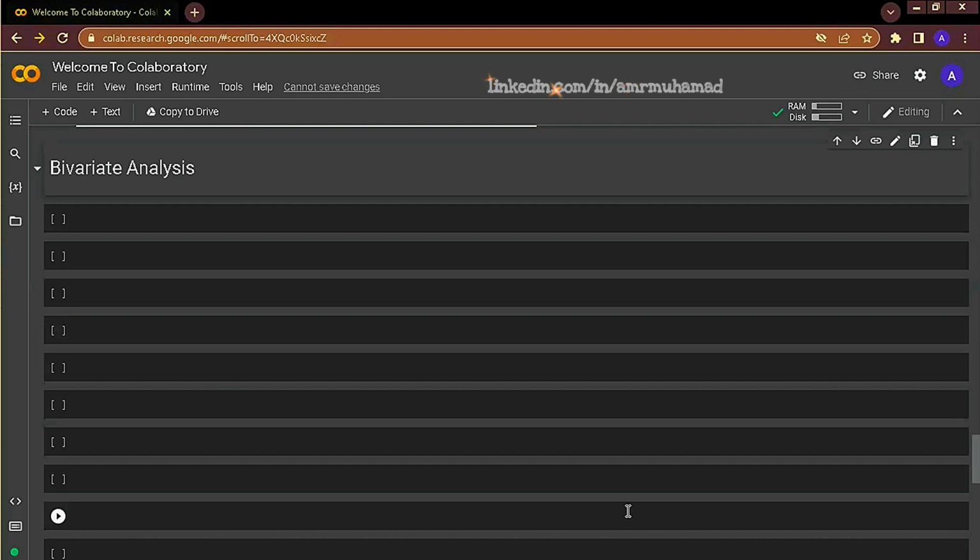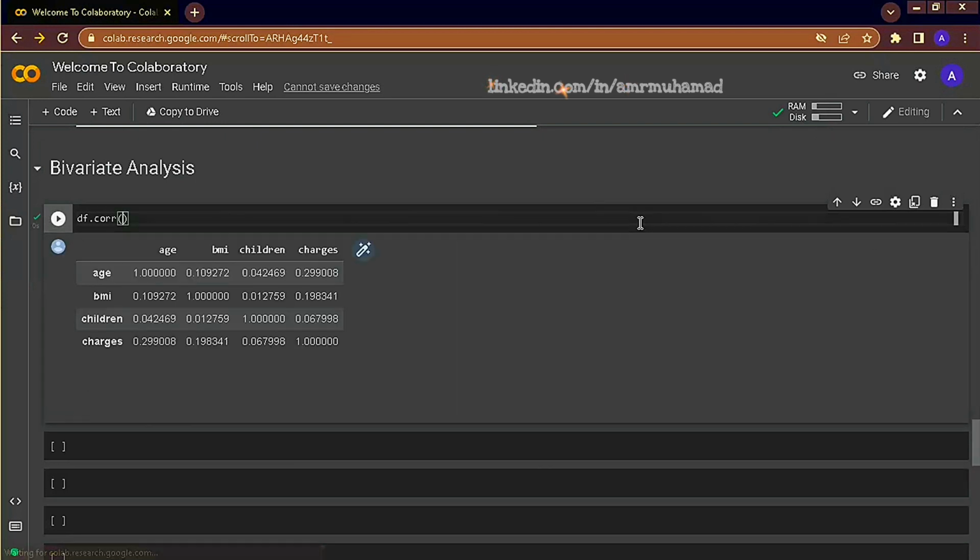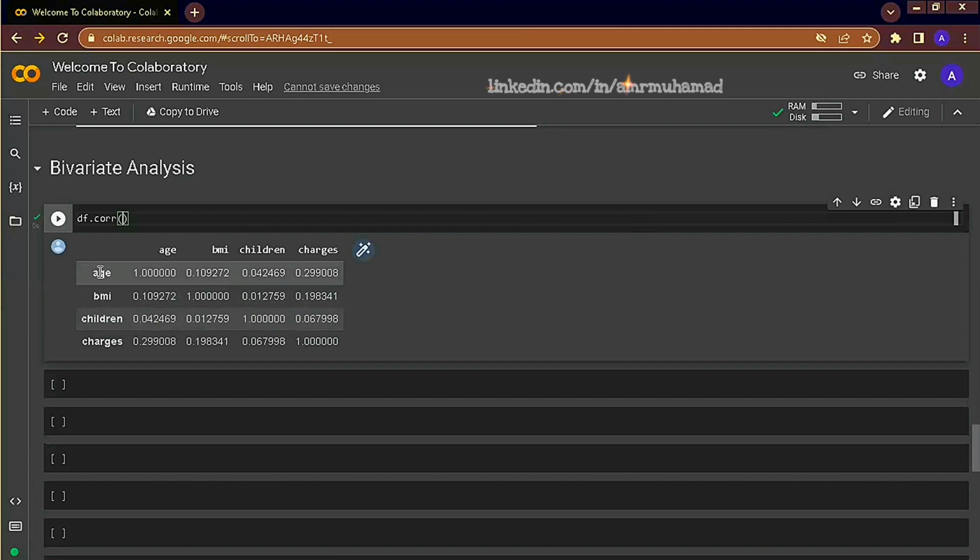Correlation actually is easy to implement using pandas. We simply say df.corr. It displays the correlation among each variable and itself, and also the other variables. Since we are only interested in the charge variable against each other variable, we can see that age is 0.29, and we already understand that 0.29, 0.19, and 0.6 is a measure of strength of association between each two variables. We can see here that age is the most highly associated variable with charges, followed by BMI and children. All variables are positively associated with charges.